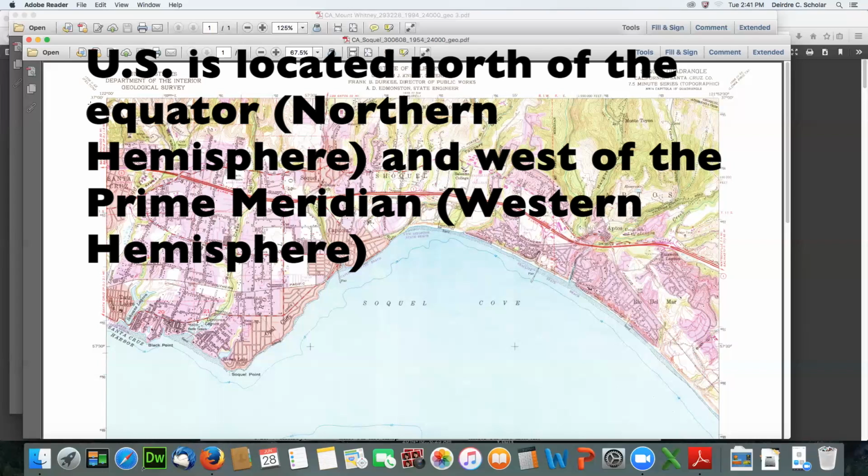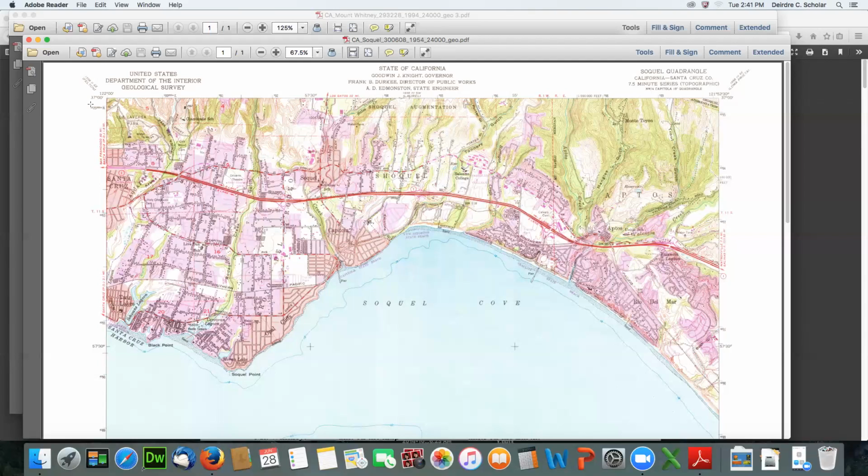It is north of the equator. And it's also within the Western Hemisphere to the west of Greenwich, England. So because these maps are of United States lands, it should be assumed that we're in the northern and western hemispheres, and therefore the map maker does not need to put N's and W's next to all of the latitude